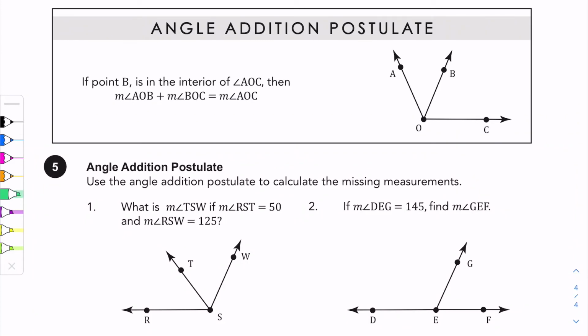Today we're going to finish lesson 3 notes on exploring angles. We have 2 parts left. We have to take a look at the angle addition postulate and we have to talk about angle bisectors. So starting with the angle addition postulate,